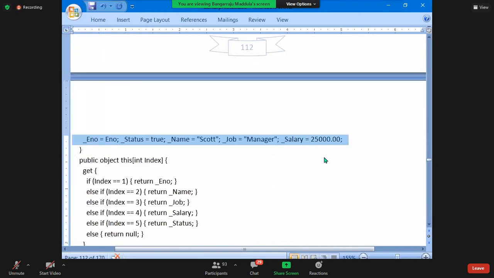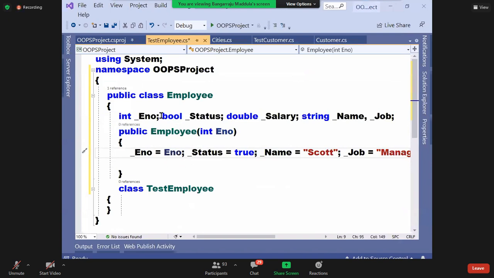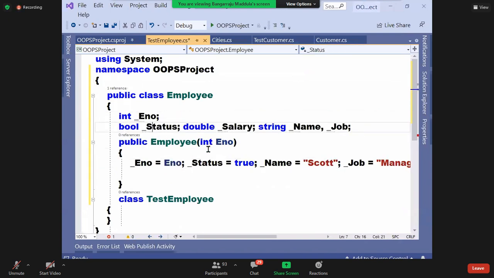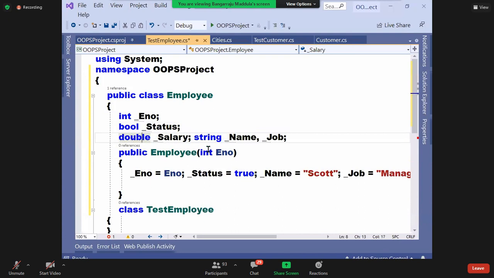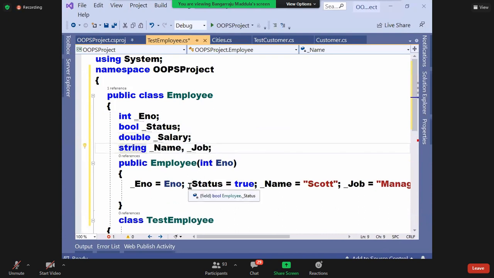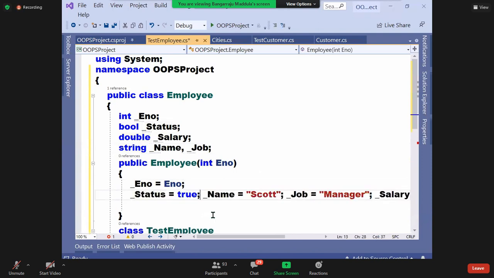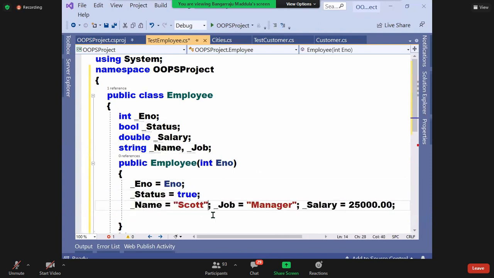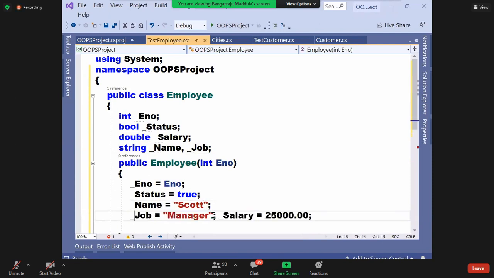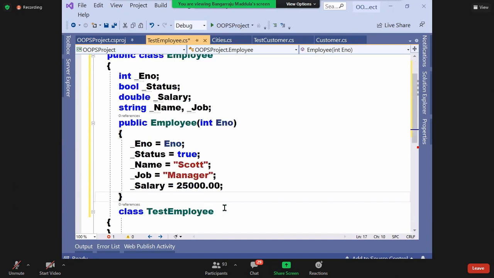You know this code, no explanations. Watch. Employee number, status, salary, name and job. Next, a constructor initializing all the fields. And what I said in the properties class, actually all these values will come from a database.